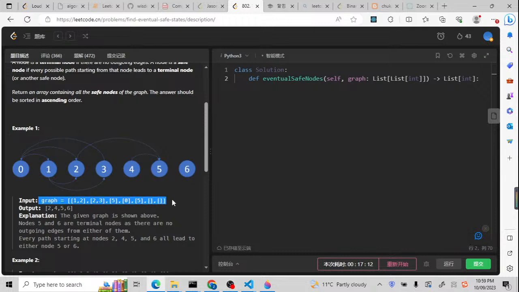We have a graph. The structure is an array; the representation of the graph is an array. For example, here it means node 0 is connected to 1 and 2. Node 1 is connected to 3, and node 2 is connected to 5, and 3